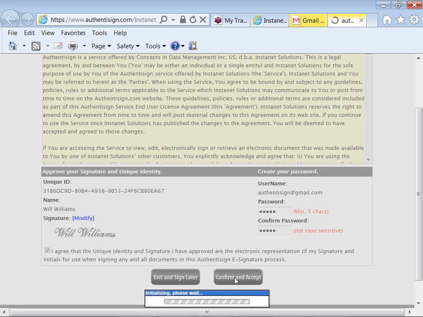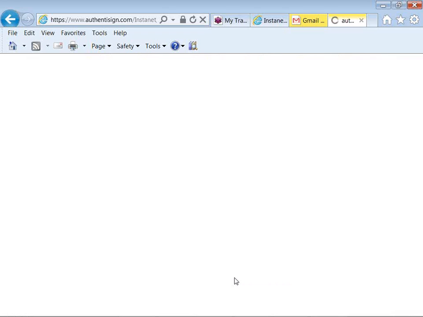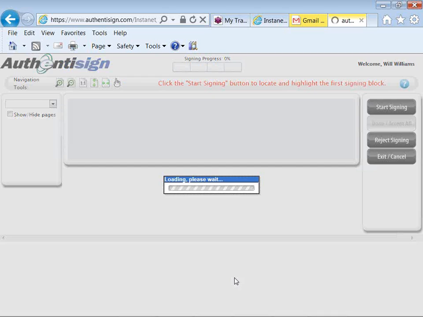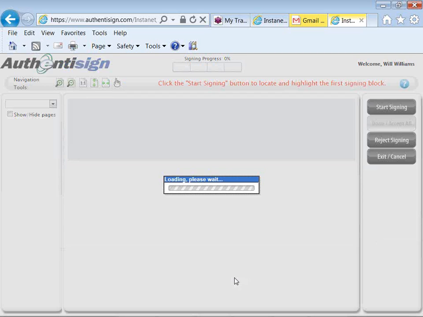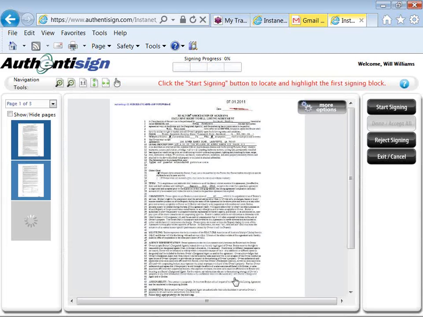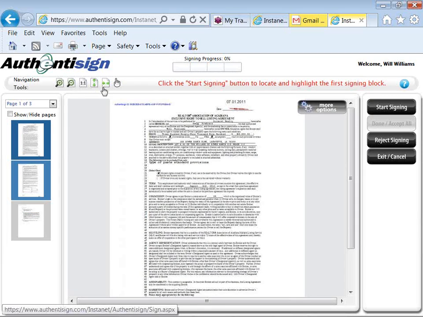They've verified that the signature is a representative of their own handwritten signature, because there's no signing. They don't put a USB pen to page here and sign. They click to accept that signature, that initial. You can see here that they do have some of the same features in navigation, top left-hand side of the